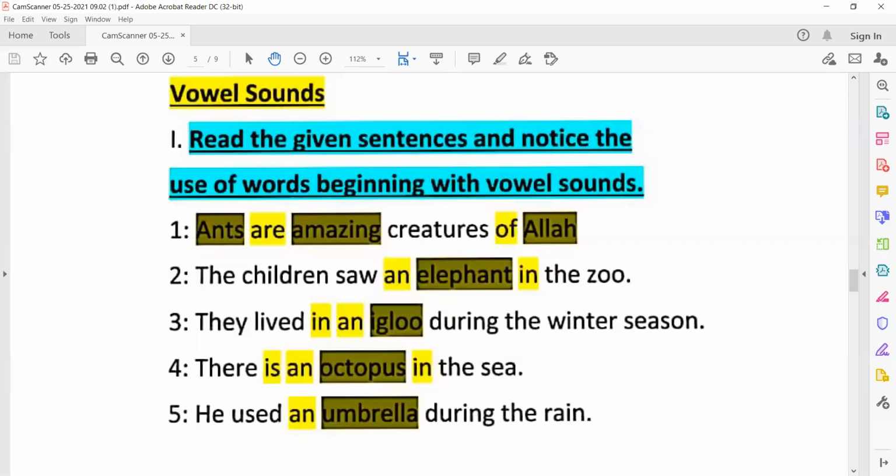They live in. Again vowel sound. And again vowel sound. Igloo. You know what is the meaning of igloo? Have you ever seen a house that is made from ice? In hilly areas, sometimes in movies, cartoons, dramas. So that is a type of house which is round in shape and made from ice, but not all the time from ice. Okay?